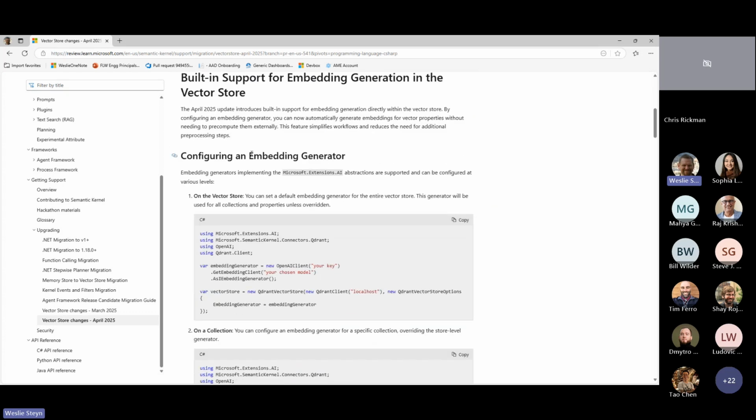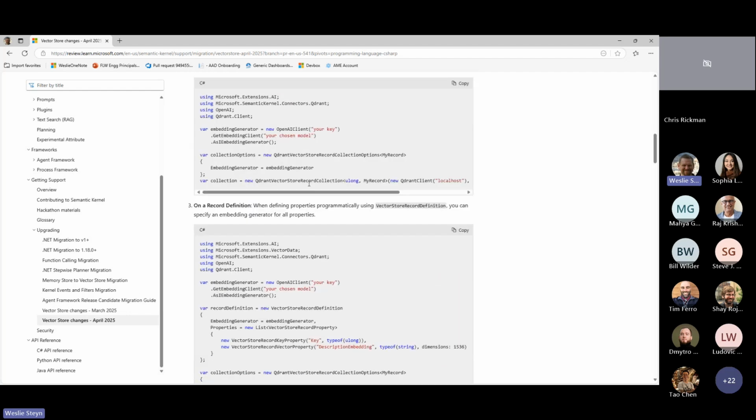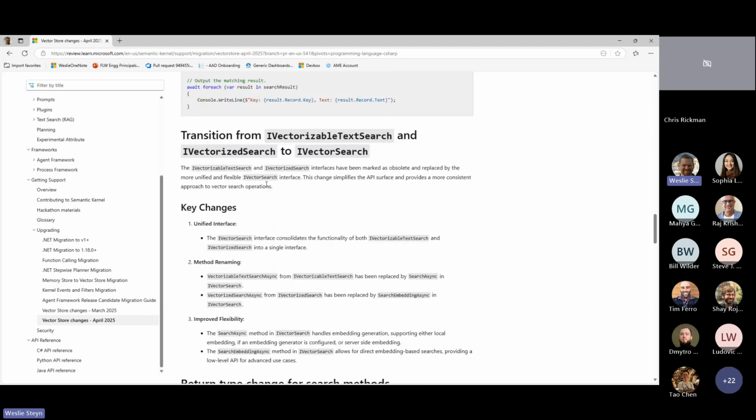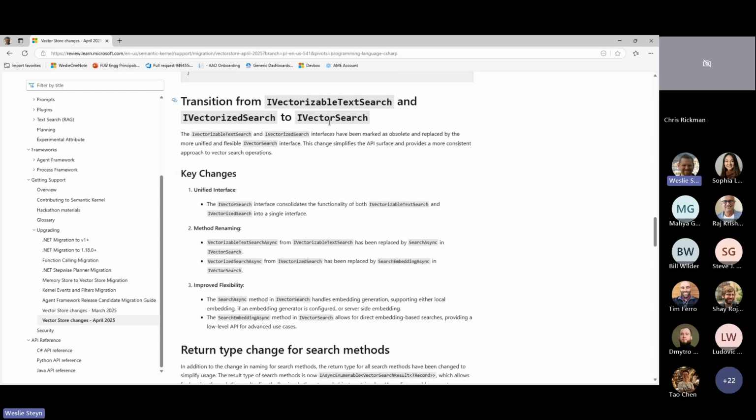It goes into more detail on configuring an embedding generator with all of the different options, plus a more detailed example. It talks about the changes that Shai was mentioning around how we changed the method names from vectorized search to search embedding async.